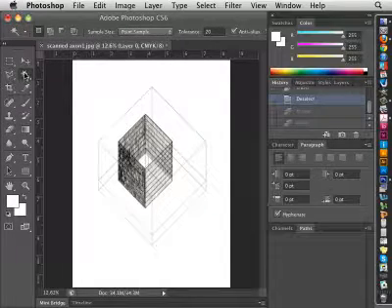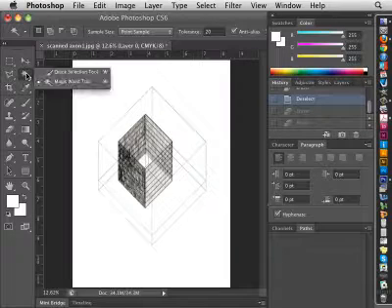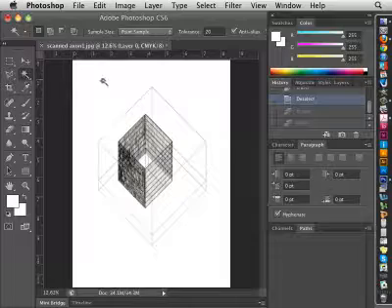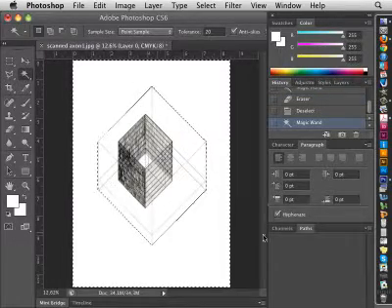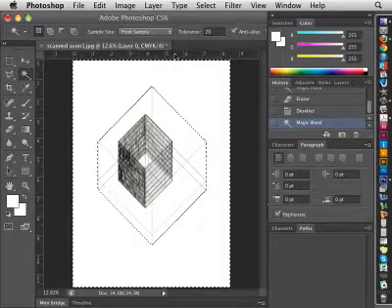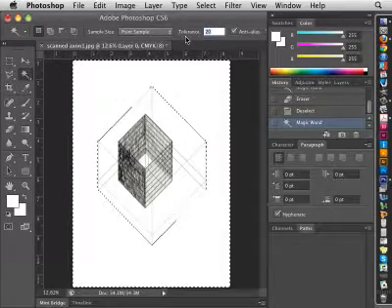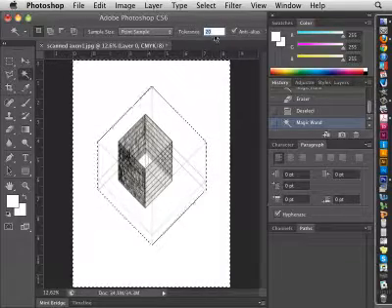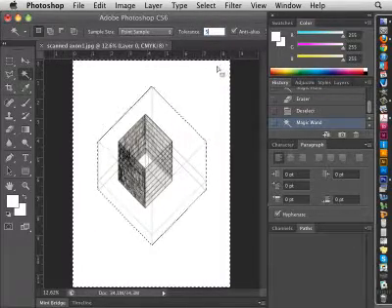The other tool that I didn't mention is the magic wand tool, which is this one. So if you have this magic wand selected, you can click and it will select everything that's similar to what you clicked on up to a certain point. So you can control that with the tolerance. If you want it to select everything that's a little bit white, you can set it to a low tolerance, and it will,